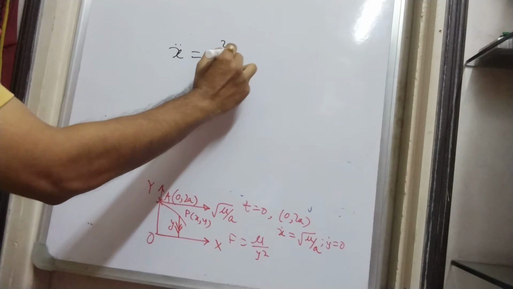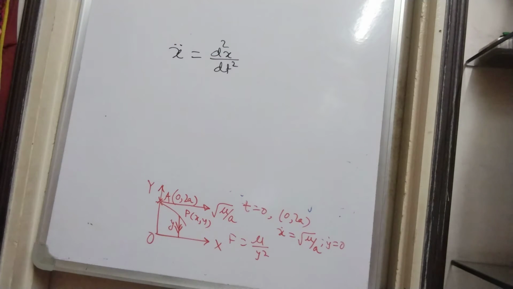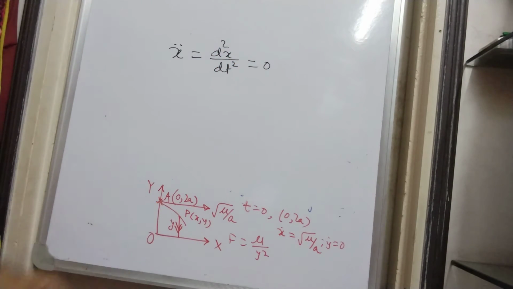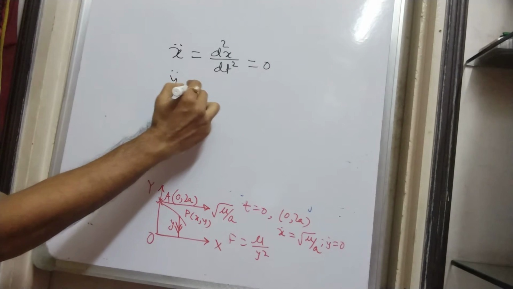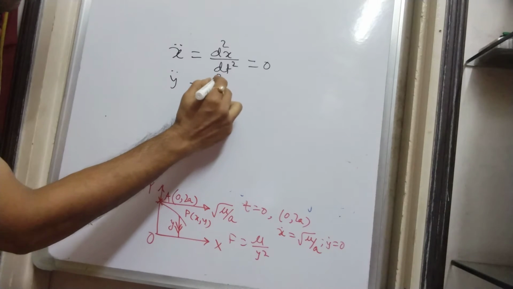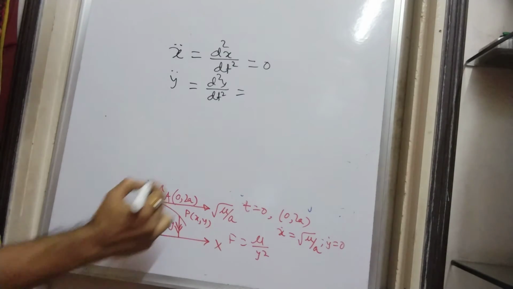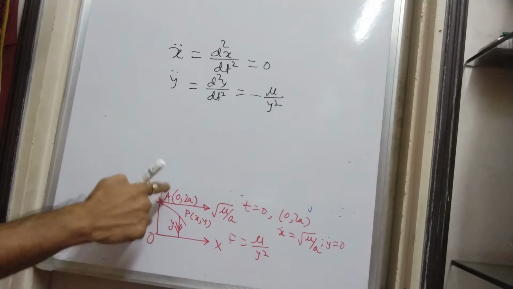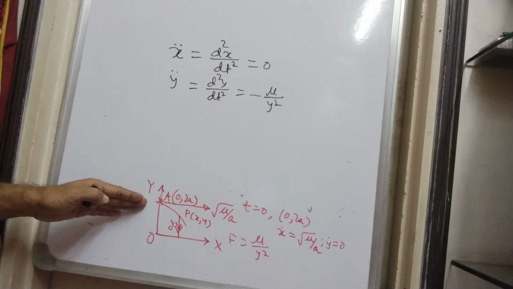x double dot or d2x/dt2, this is the notation of acceleration, the rate of change of velocity with respect to time, that will be obviously 0, since the force is directed towards this. It will have no component along the x-axis, and along the y-axis we have d2y/dt2, which is equal to minus mu by y square. Obviously this minus is coming because it is directed towards the negative sense of the y-axis. I hope